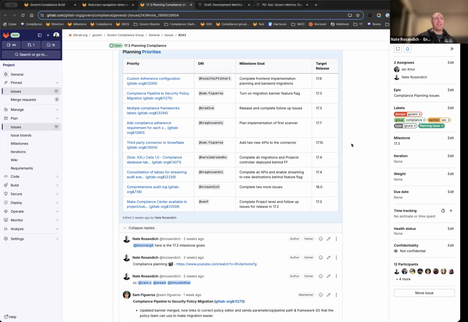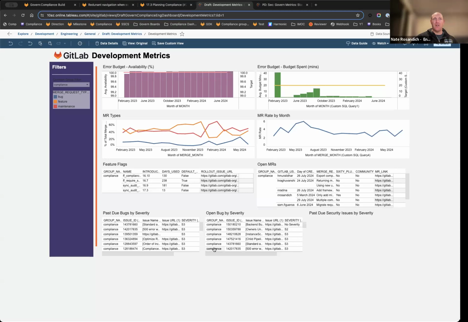So next is the engineering dashboard. Good news is I managed to get the data team to update our dashboard so it's all up to date and looks reasonably correct. The only one that's not quite is the MR rate, because it says that we've got 13 employees, which it's pulling